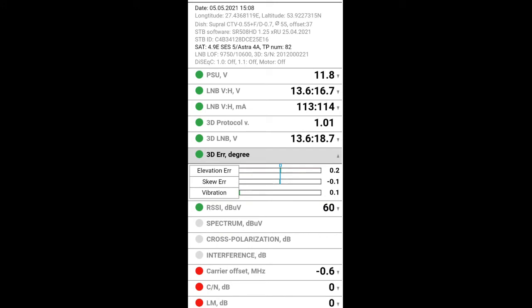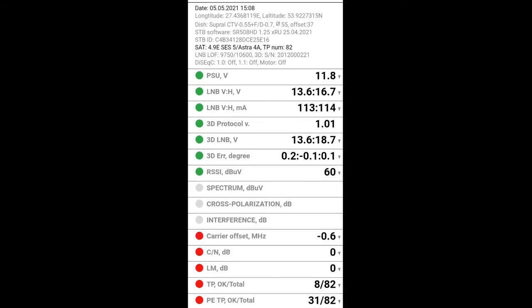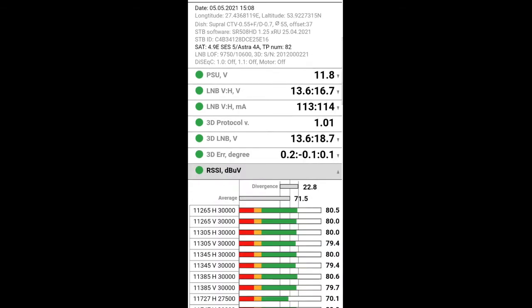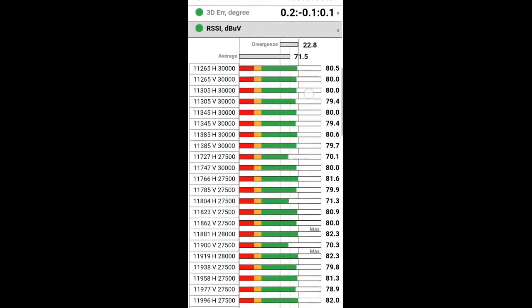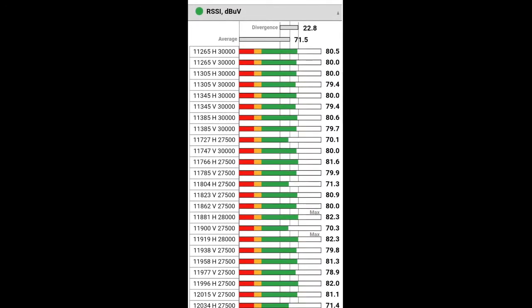The antenna angles, static and dynamic, help to assess the quality of antenna stability. Also, it lets us evaluate the condition of the antenna mount, meaning it might prevent the antenna collapse due to an unstable mount. Also, it lets us assess poor signal due to strong winds and, in combination with other parameters, detect bad weather. RSSI is used to evaluate the signal strength and the quality of cable work.